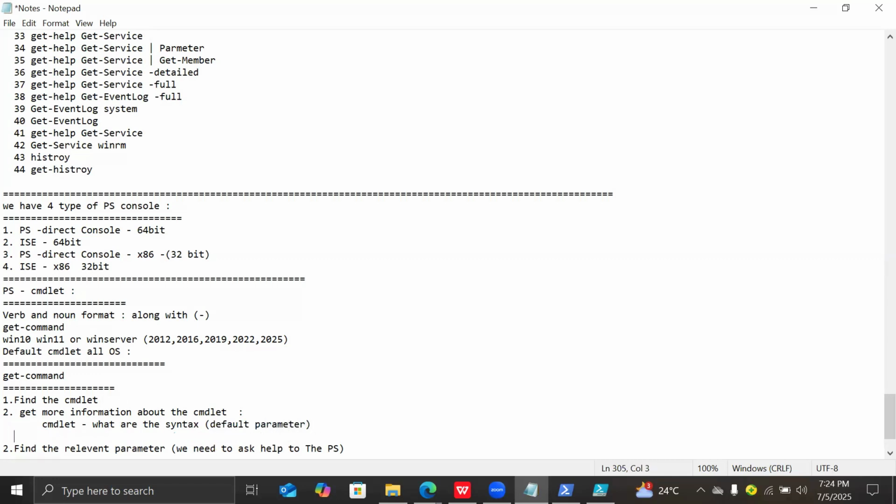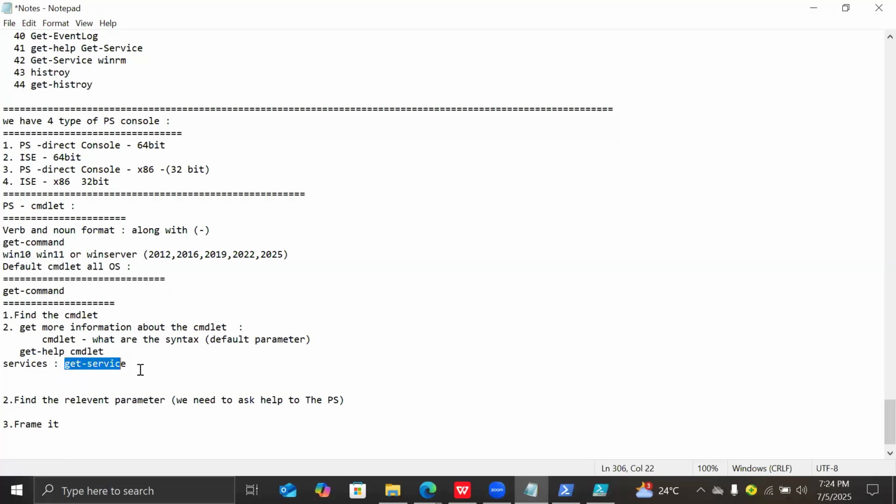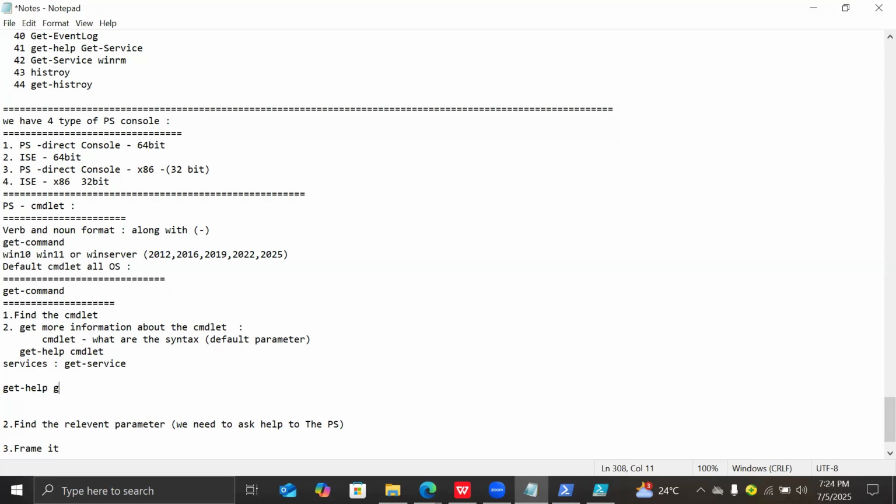Syntax means you will have the default parameters. To find the default parameters, the command we are going to use is Get-Help and your commandlet. Example, if I want to check the specific commandlet for services, the commandlet is called Get-Service. To know the full information, I can ask PowerShell like this: Get-Help Get-Service. Remember, if this commandlet is not giving you full information,